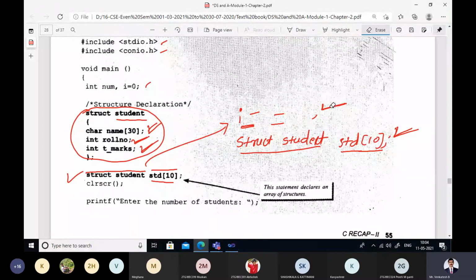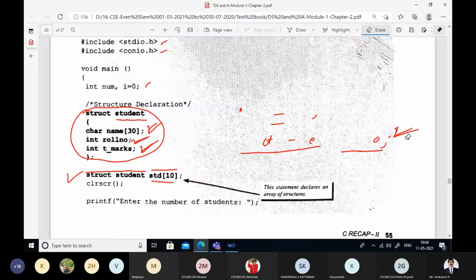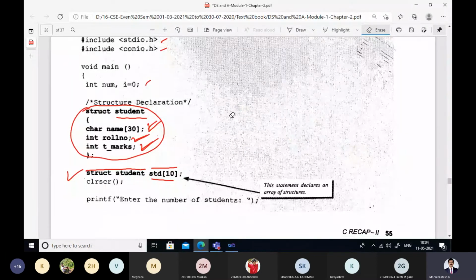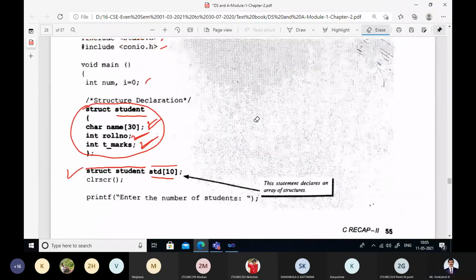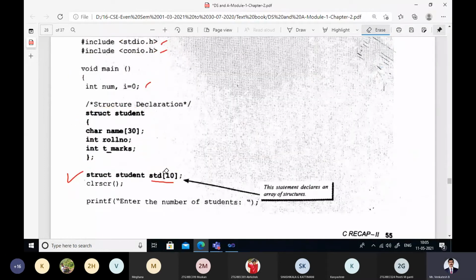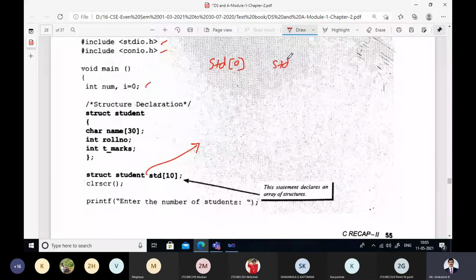What this statement causes is std of 0, then std of 1, so on up to std of 9. 10 different structure variables will get created. And what are the members of every structure? Every structure has 3 members.